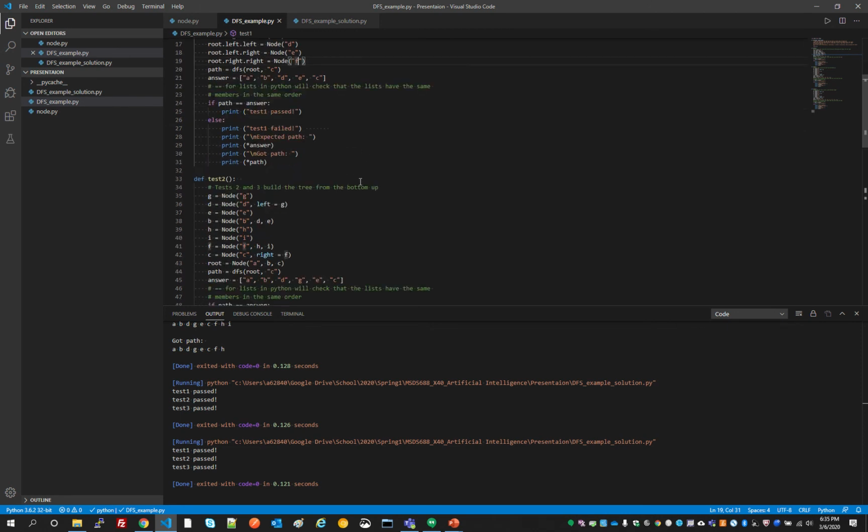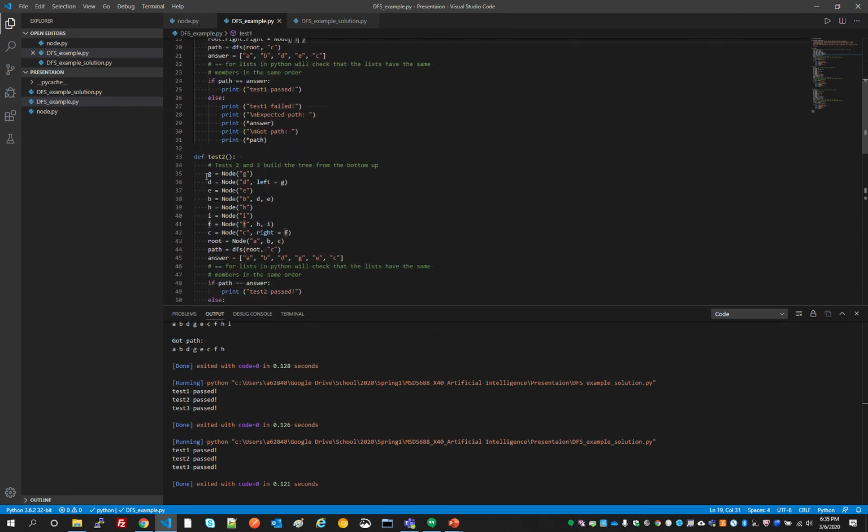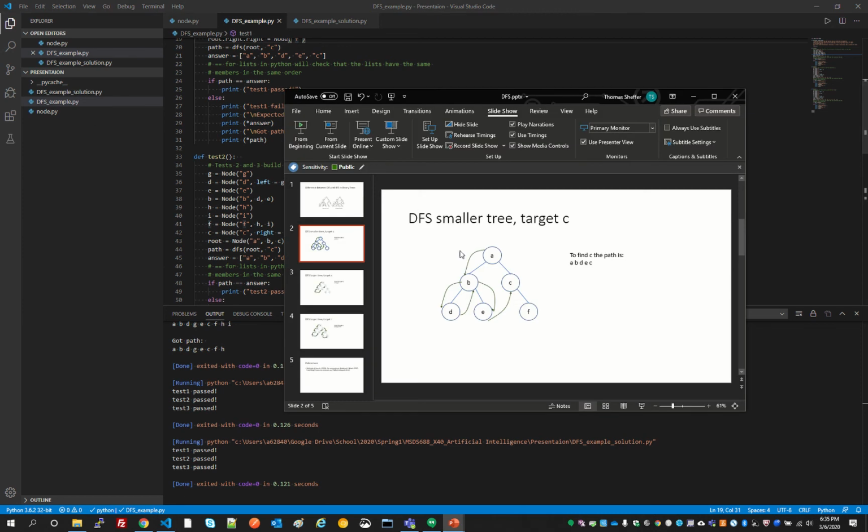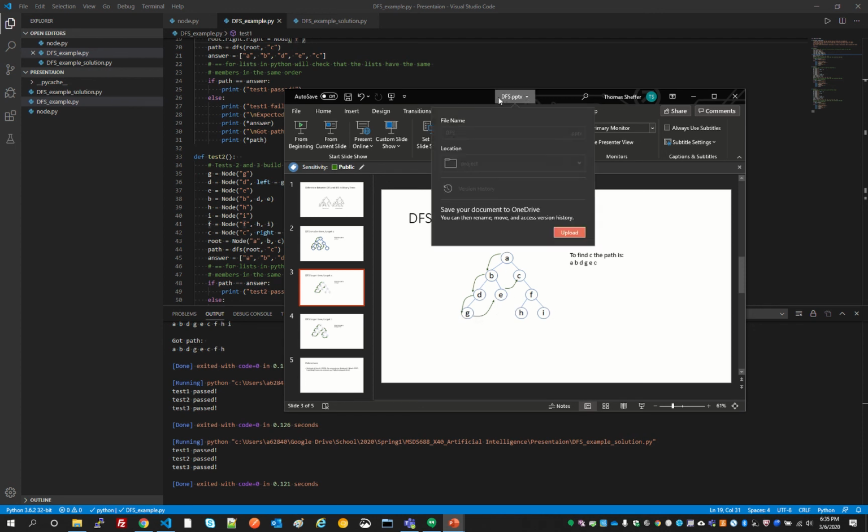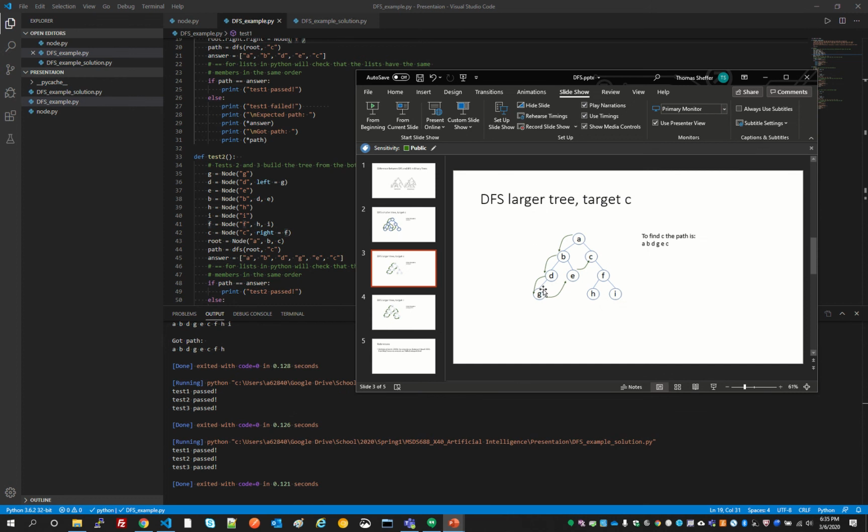All right. The other way to build the larger tree, I build it from the ground. I build it from the bottom up. So if we look at the larger tree, I'm going to start at the bottommost nodes, and I'm going to build them up. So I'm going to first build G, and then I'm going to build D. And since I've already built G, I can assign D's left when I do that, so on and so forth,